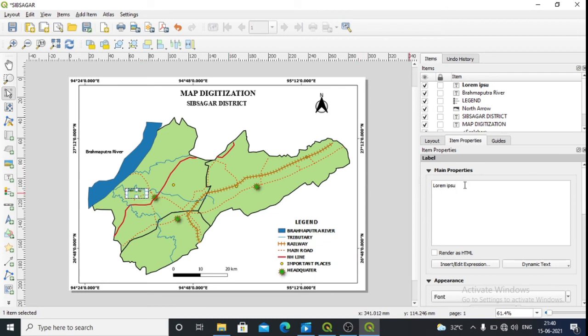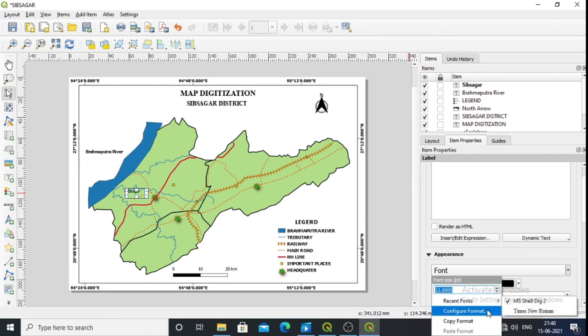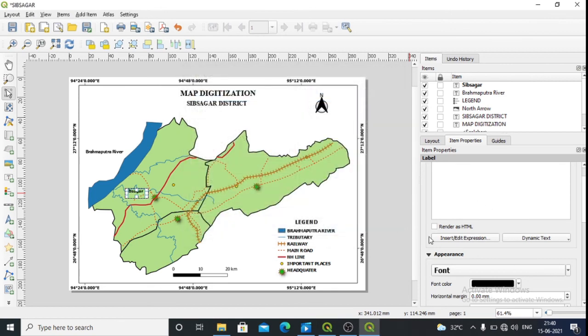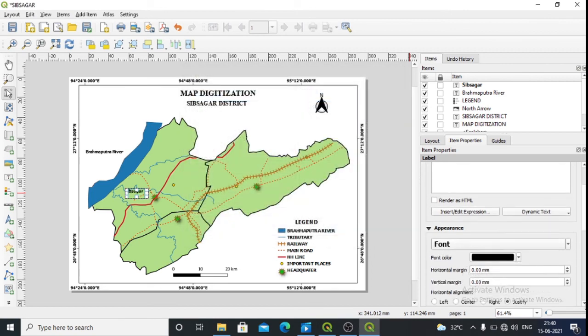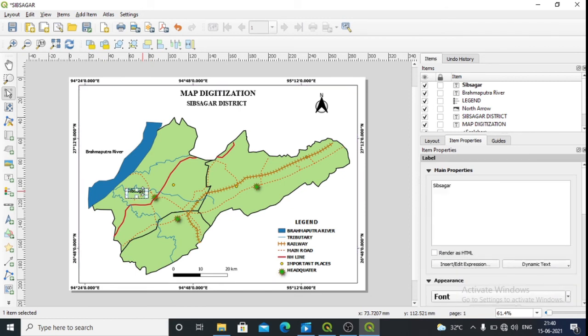So click here, then type Sibsagar, then go to font, increase the size, then make it bold. Then you can place it in the center. So the name of the headquarters is Sibsagar.